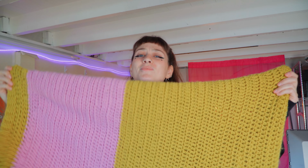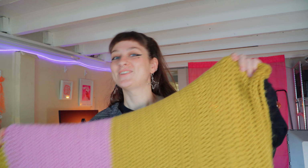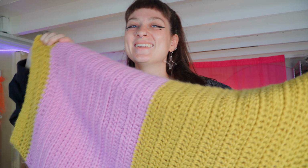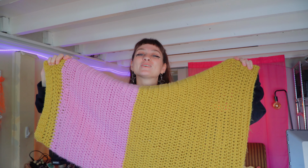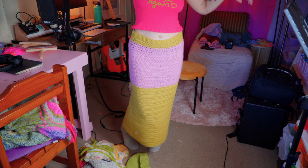I could have done so much more with these colours than just a bit of pink, ran out of pink, finish it off with yellow. That just looks so unintentional to me. I've thought about frogging this. That would be a great blanket. Great blanket texture. Anyway, I do have lots of leg warmers and little hats and stuff, but I think I might just make this a little garment collection,